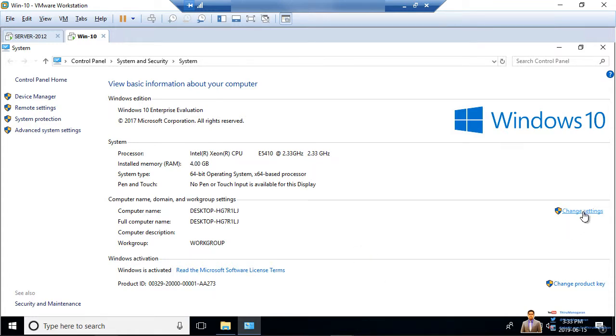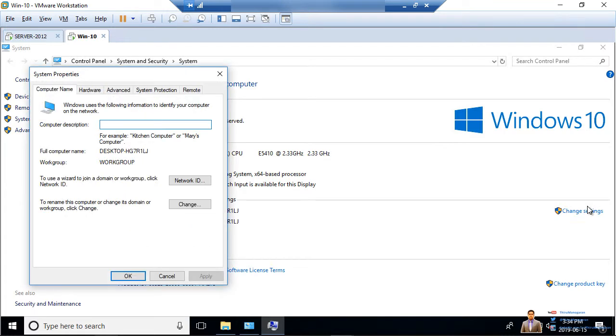I'm going to click on change settings here. I clicked on change settings, and then computer description. This is for the engineering department because we have this employee coming to work in our engineering department. So I'm going to put the description of this computer as engineering. Then I'm going to click on change here,